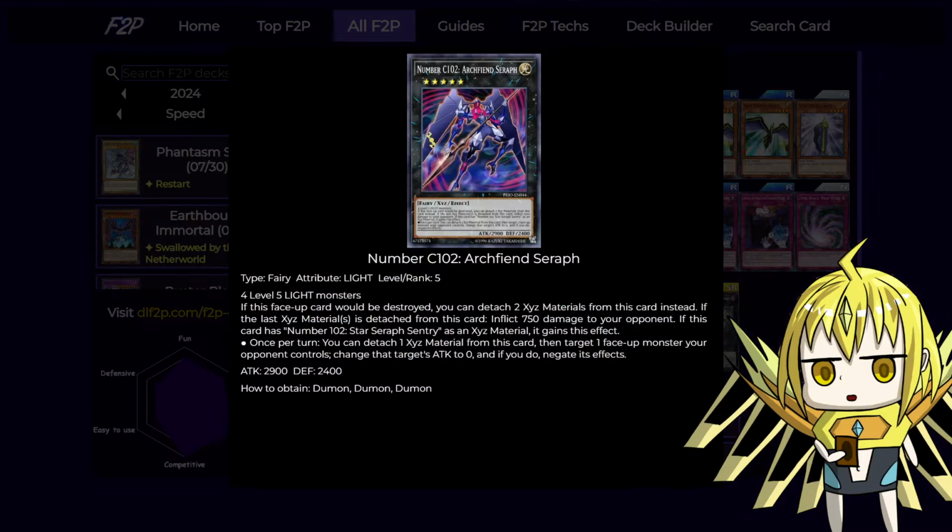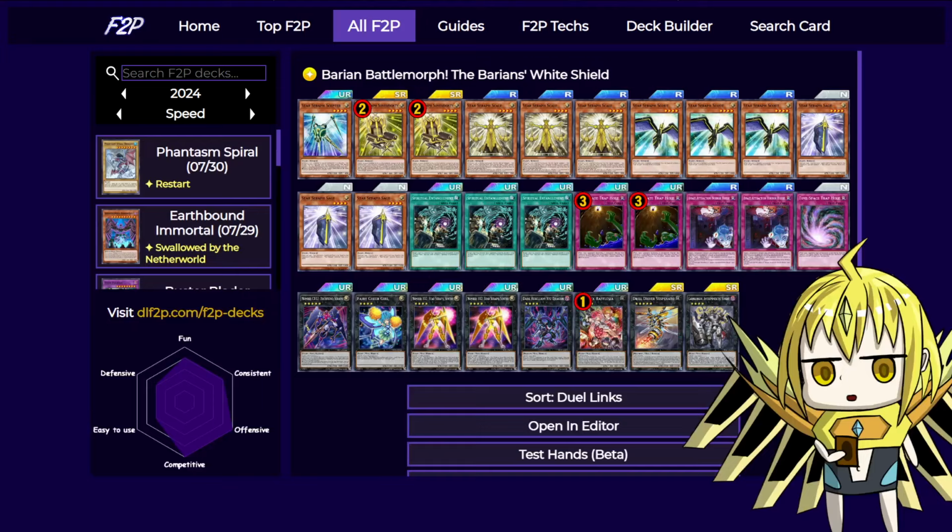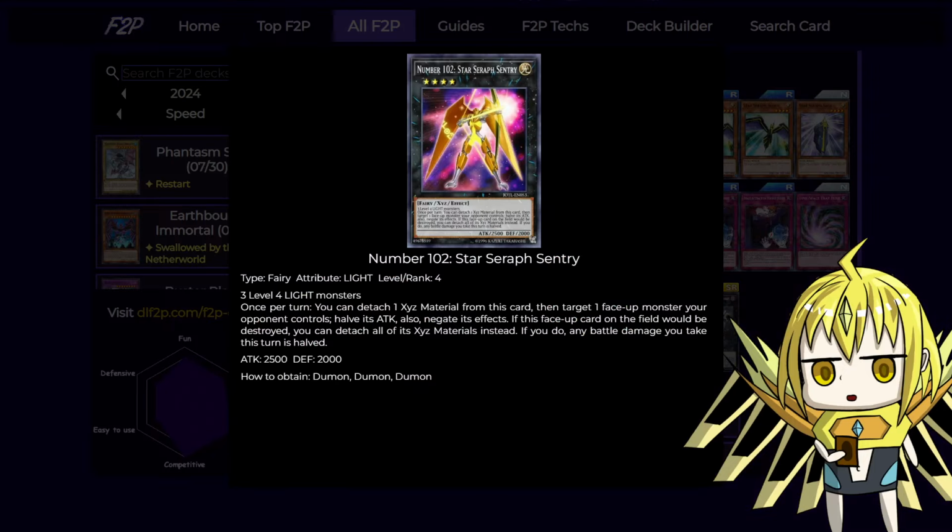For the extra deck, we're playing 1 copy of C102 Archfiend Seraph. This is a Chaos Xyz that we usually won't go into, but it is nice as an option. And the normal 102 is a much better monster, especially because of our skill, giving it 2 attacks per battle phase. This card needs 3 level 4s, and can once per turn detach 1 Xyz material, target 1 face-up monster